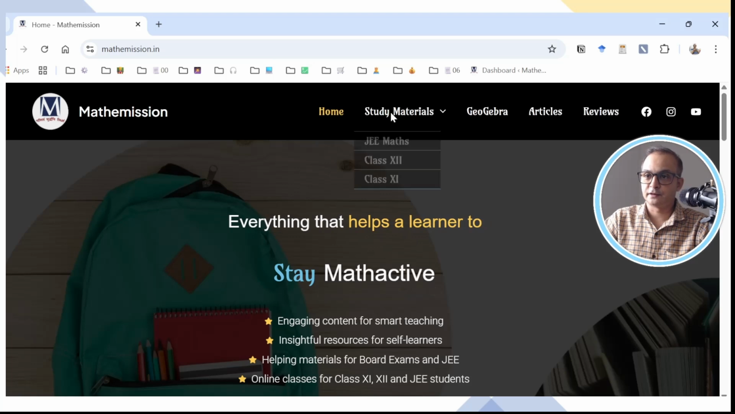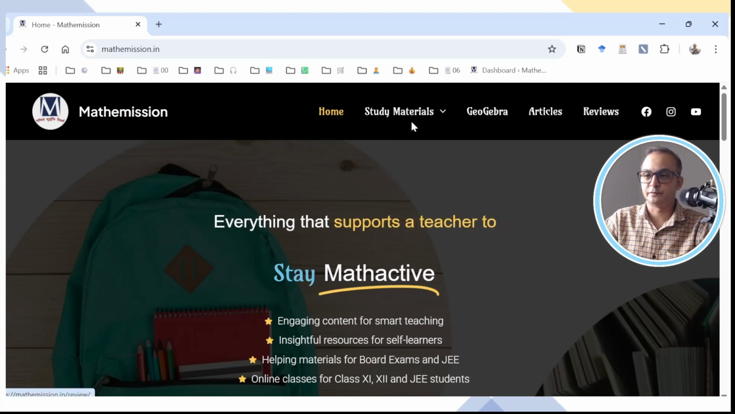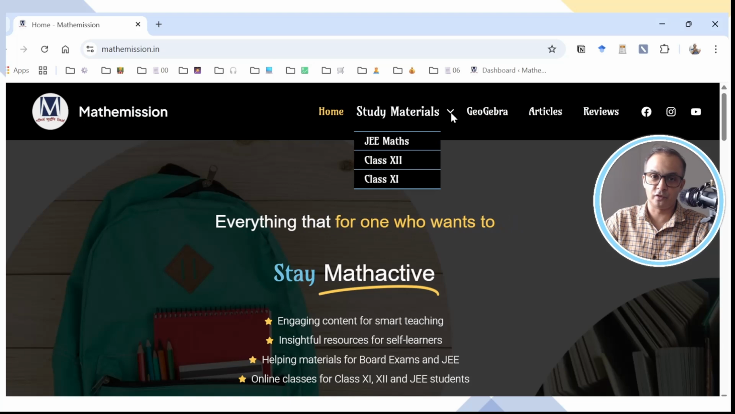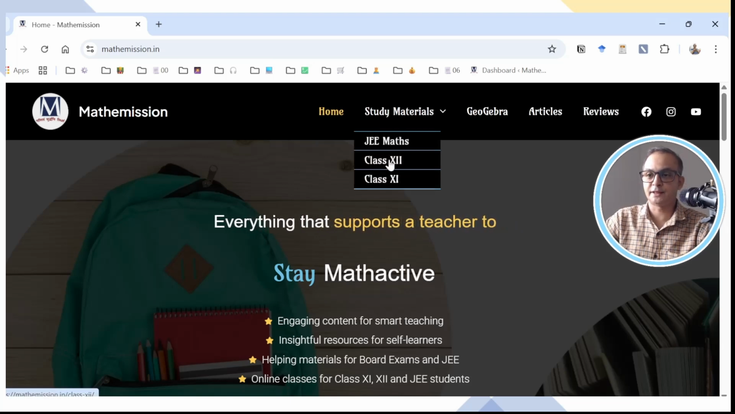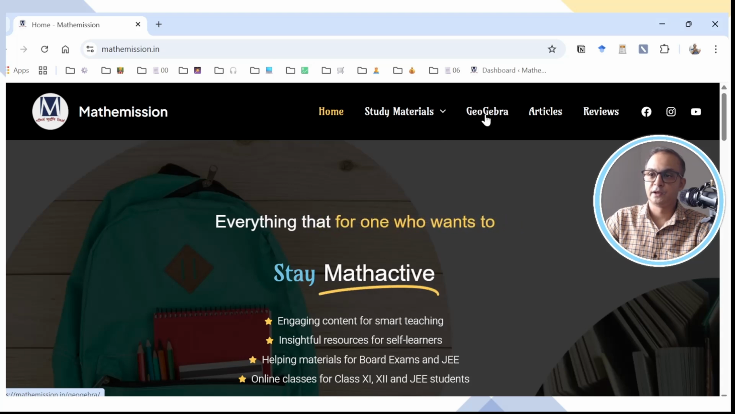So you can see there are these 4 tabs or 5 tabs here. The study material is the important thing for all the students. So home is home, no problem. Study material: JEE Math, class 12th and class 11th. And the GeoGebra